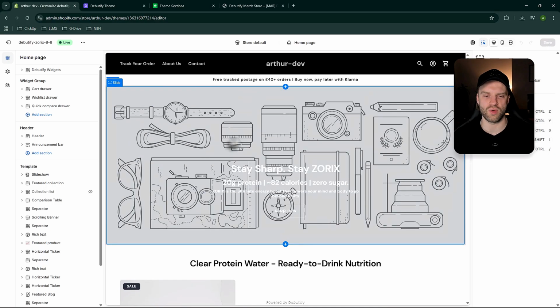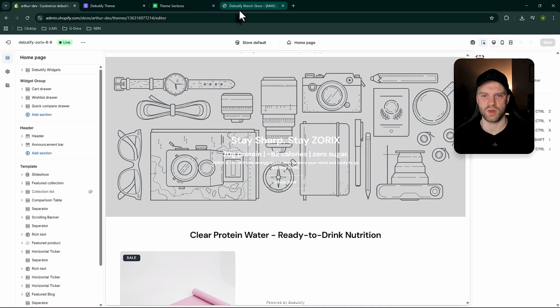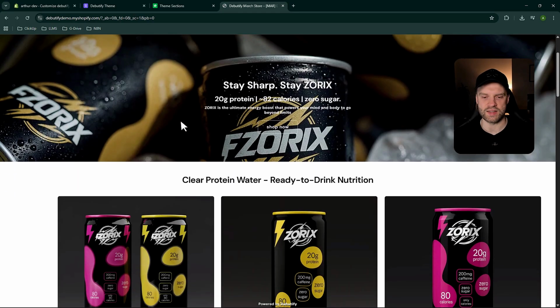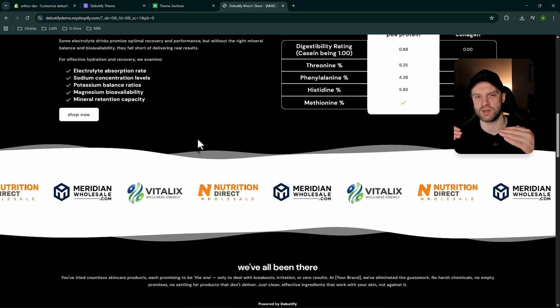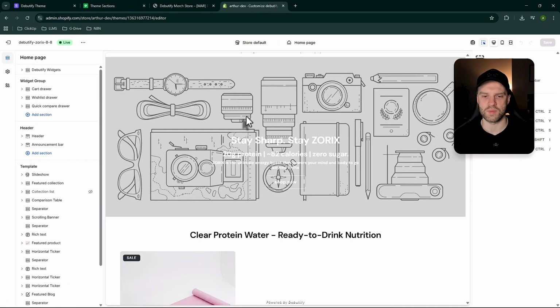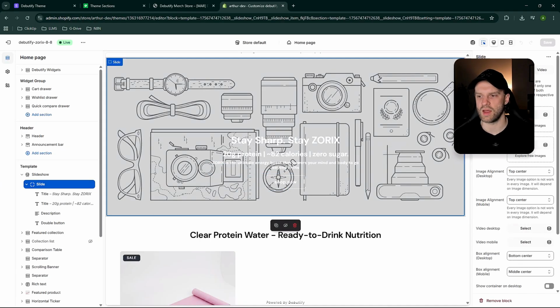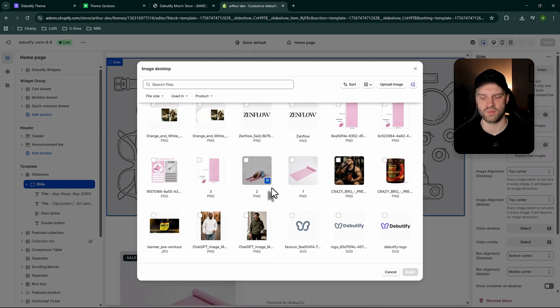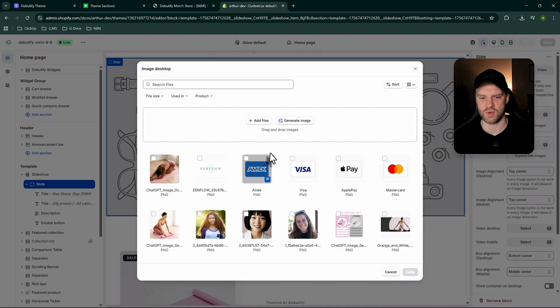Here you have your hero section. If I go to the demo store right here, you can see I have this hero section. Essentially, it's a copy-paste of this theme right here. You just need to plug and play your own images. Just click here, and for example, image for desktop, choose the image, and it's going to be good to go. I don't think I have any images related to the demo store, but just as an example,